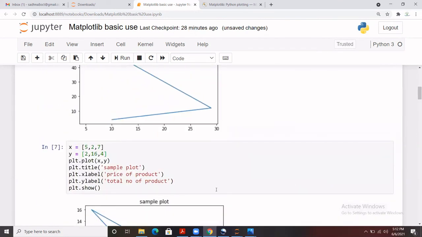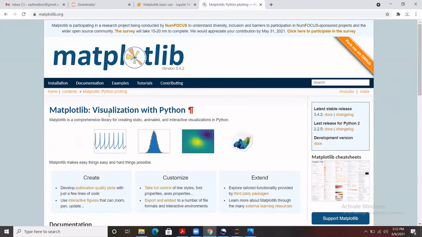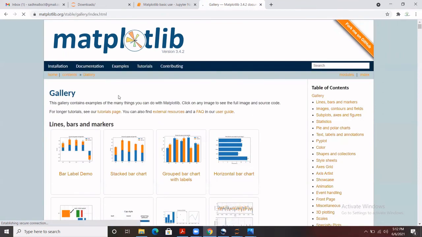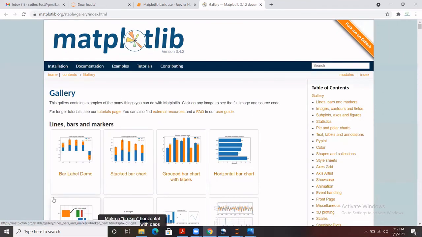You can go through it. I hope you have a bit of an idea of it. In case you want to learn matplotlib, you just go to the official website of matplotlib, and there is a huge list of documentation and examples that you can find there. The whole code is written there. You just go to the different types of charts, and you can get an idea of how they have put the code for each and every chart. And there are n number of options available to make it more beautiful. You can do a lot of customization: the design, the color, and the different shades, lines, and all.